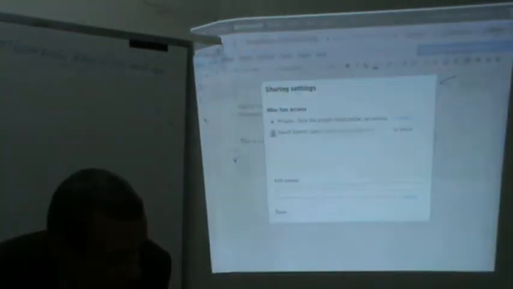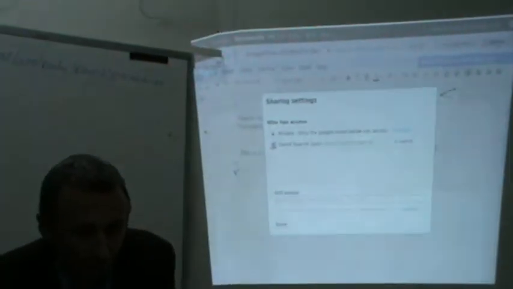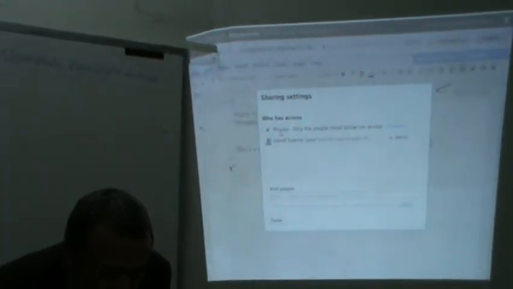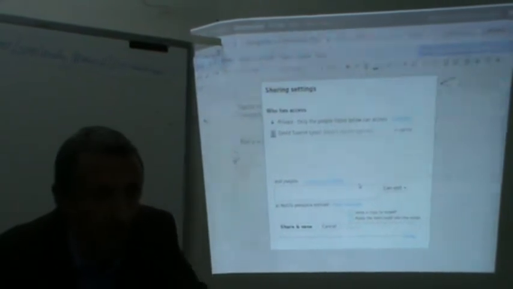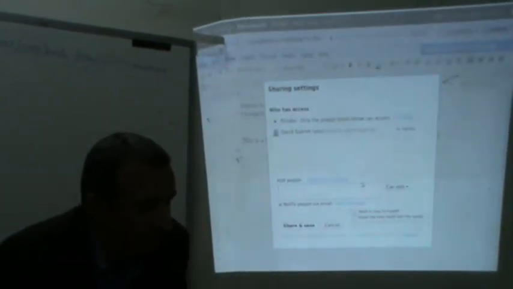Furthermore here, you can up here now share the document. You click on the share button up there. And here you can see this document is so far private and only I can view it. Then I can, for instance, share it with any one of you. I don't know, Jacob, your email address, remember? Yeah.